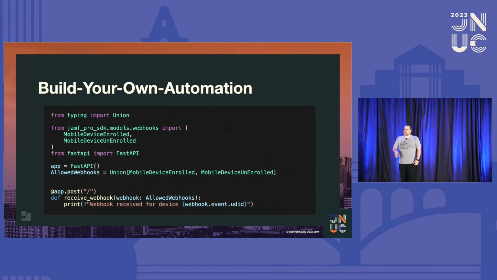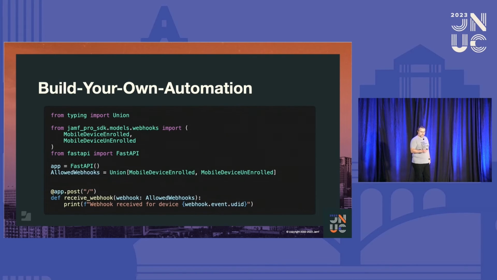So on the subject of trying to support more easily building your own automation, again, you can use the models in the SDK as a part of trying to build a webhook receiver. FastAPI is a really, really great Python web framework. It's similar to Flask in a lot of ways, but it's built on top of Pydantic in some respects. So those models, which all the SDK models are Pydantic models, you can bring those in and you can use those